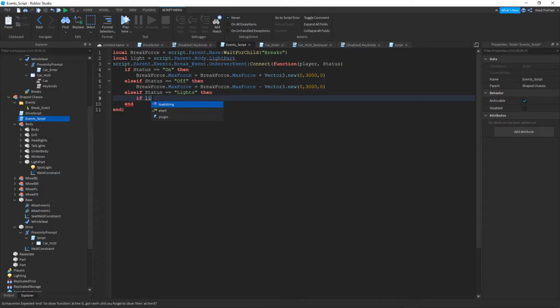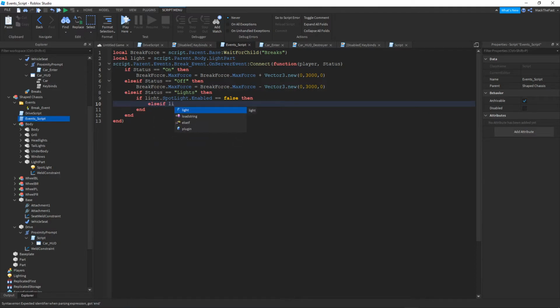If light dot spot light dot enabled equals false, then, else if light dot spotlight dot enabled equals true, then